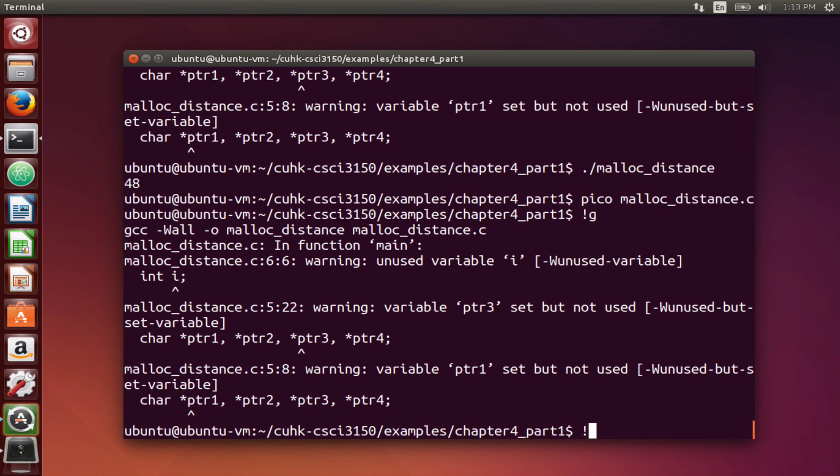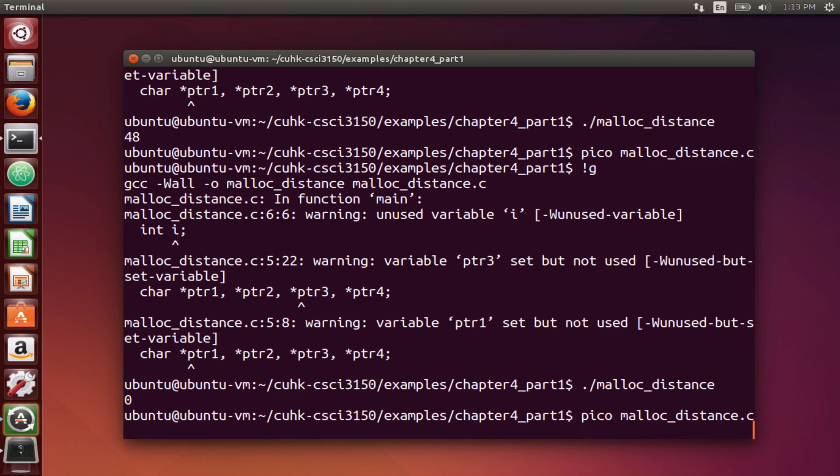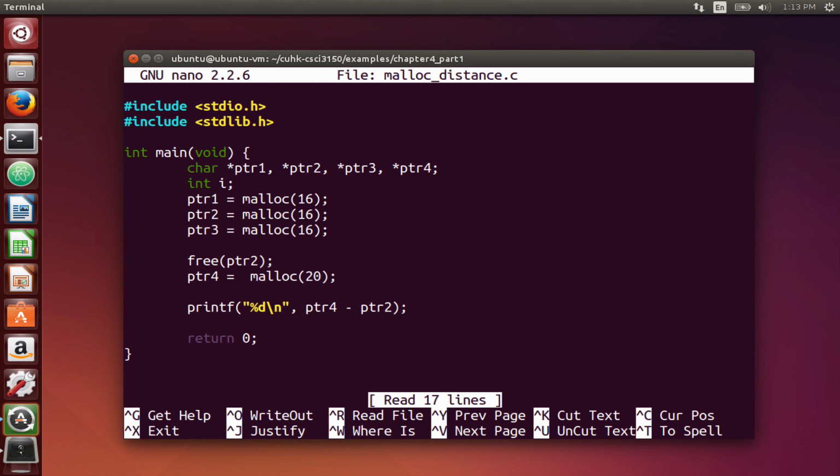GCC, okay. Run. I have to look up the documentation. I bet the memory structure is not 8 bytes in the new implementation. The old implementation is 8 bytes. Now it is not 8 bytes, only 4 bytes, I guess. I have to look up. Okay, one more thing is,